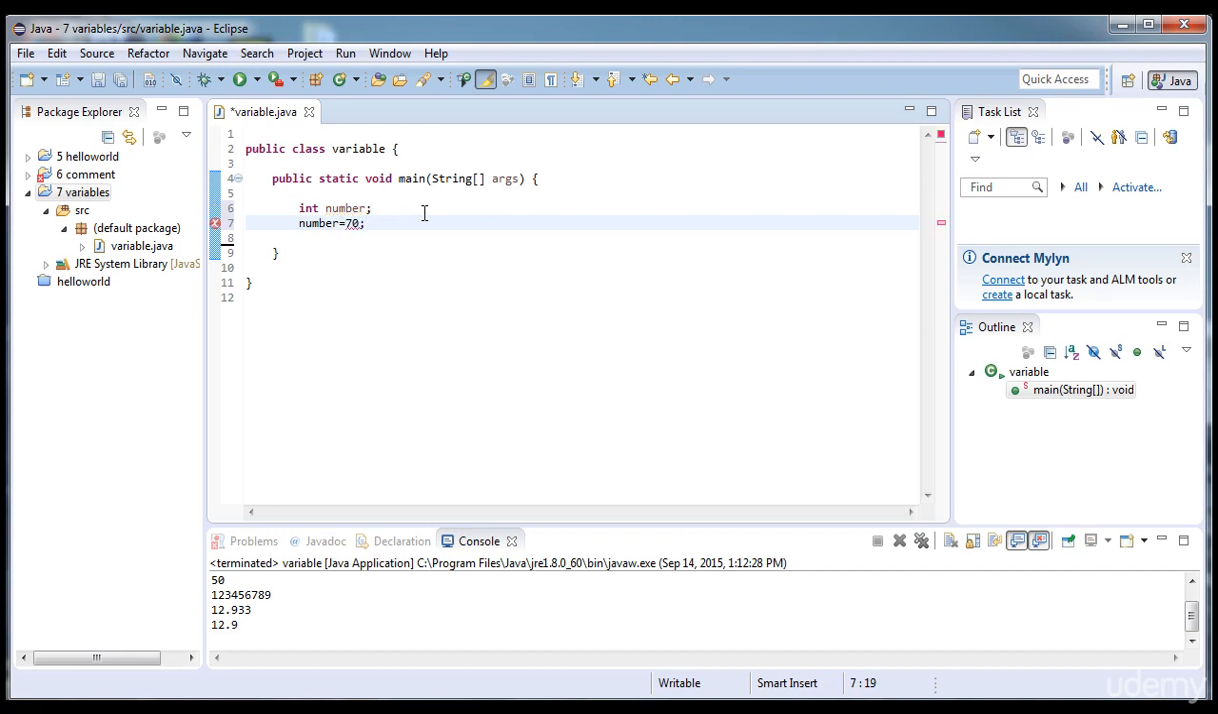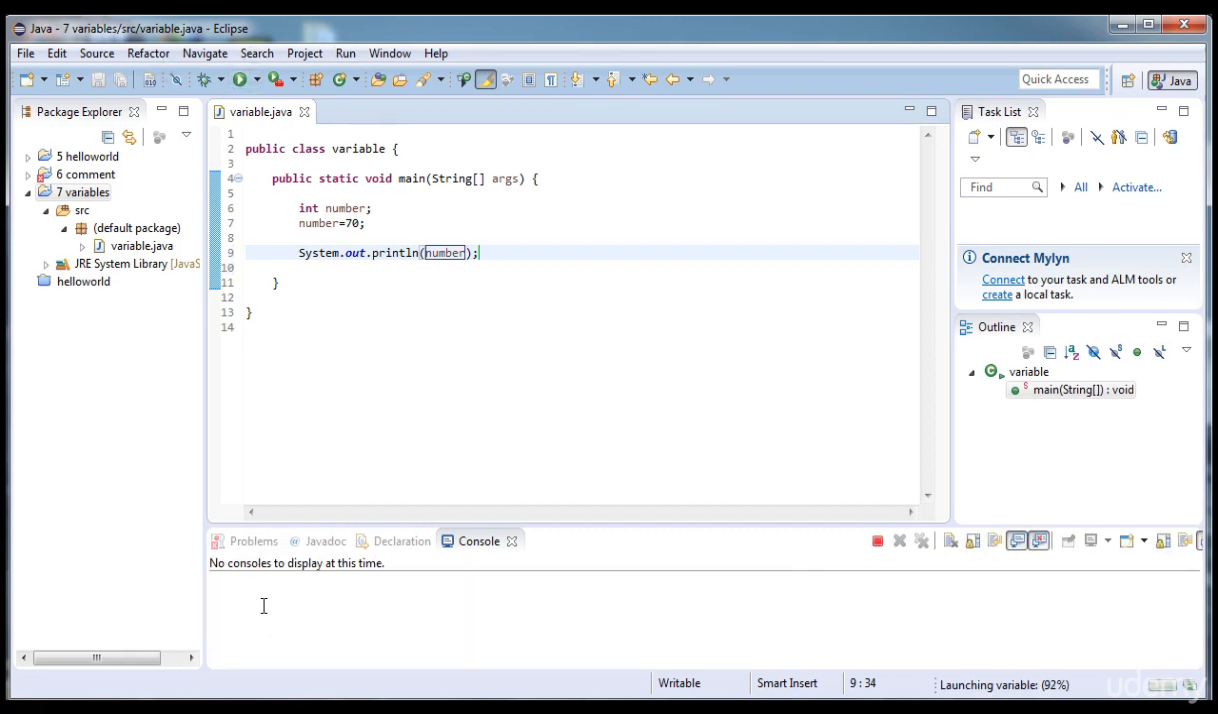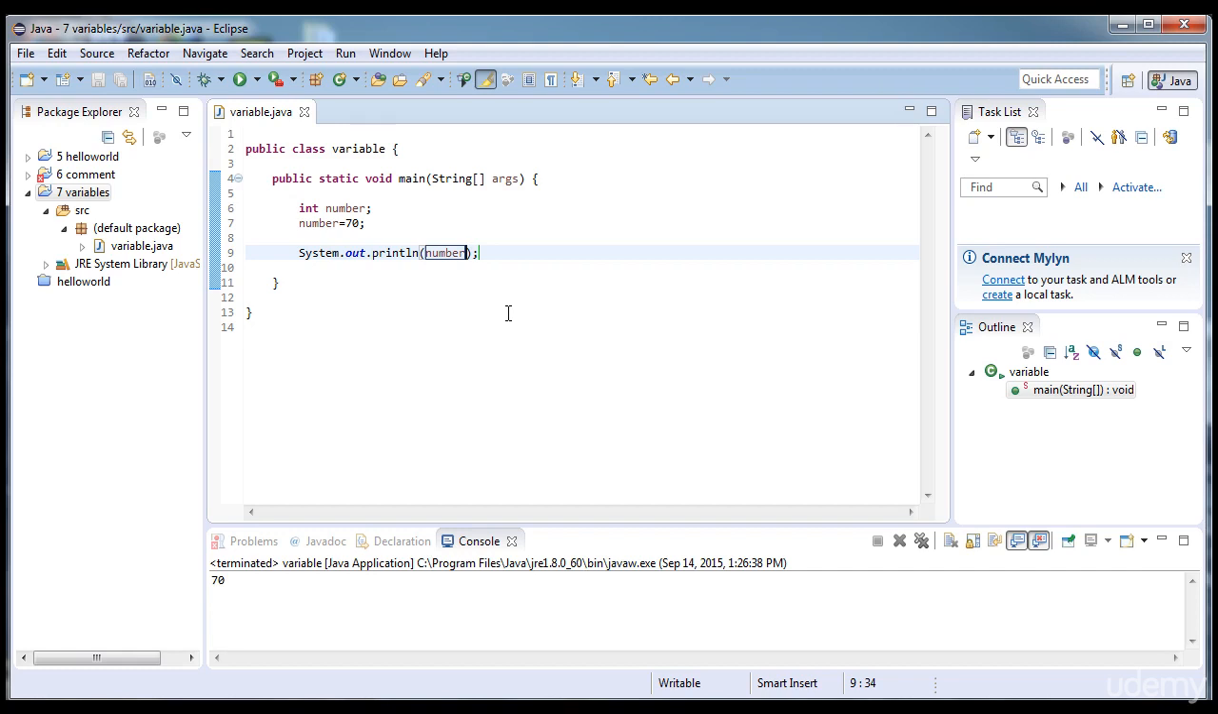Here I give the value 70 to this variable, and now I'm going to print the value of the variable. Write sysout, and when we press Control plus Space, it automatically completes the statement, and here I'm going to write number. So now let's execute it. Here you see that 70 is printed out in the console,